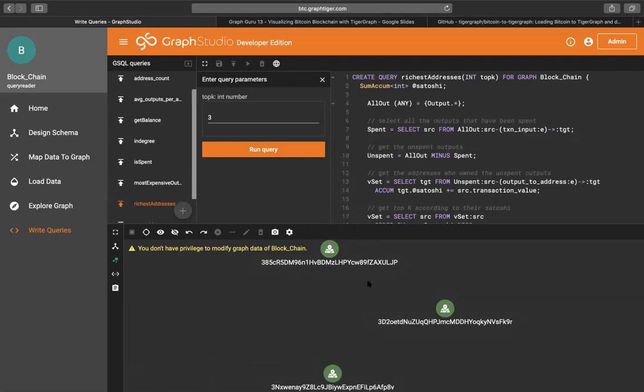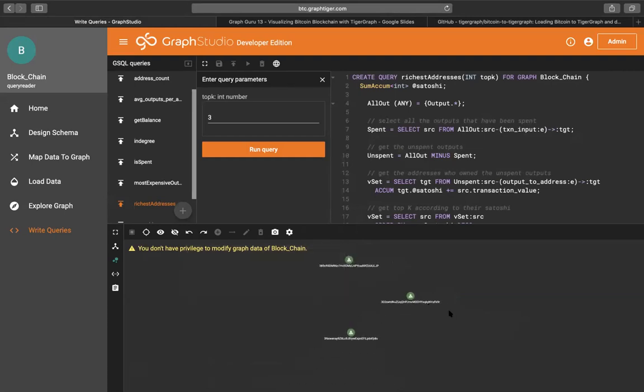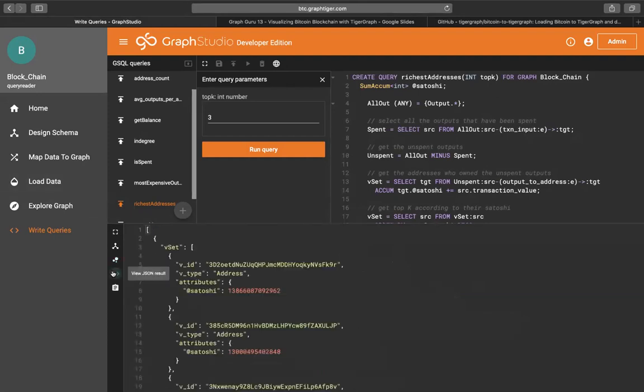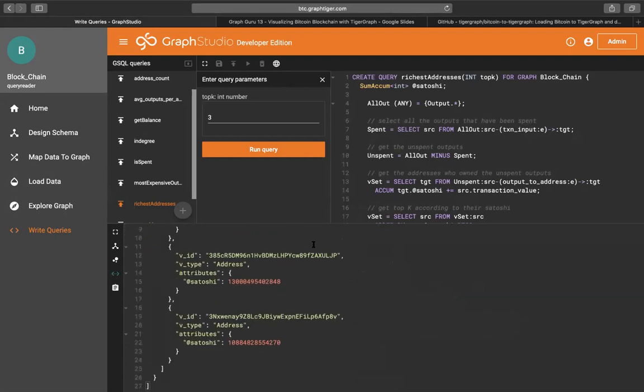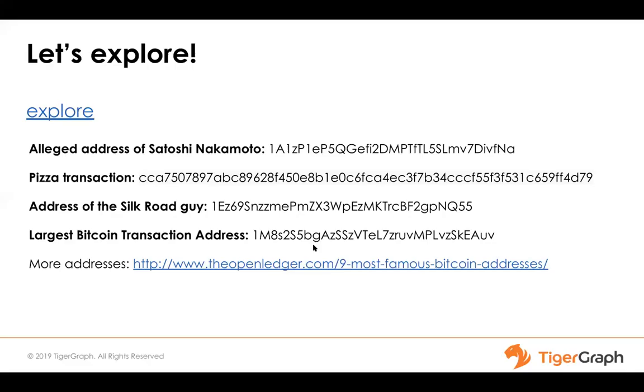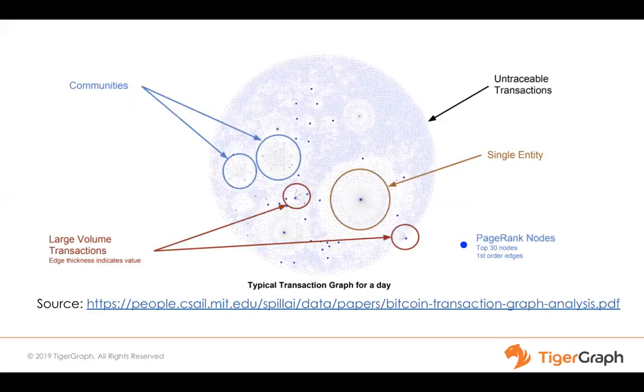So let's look at how the queries look. Okay, so you can see that the 3 richest addresses appeared. We can see them in a node view. So you can see each of them have a large number of Bitcoin. I think, in fact, this one actually ends up having like 100,000 Bitcoin. So really large amounts. You can also see this in JSON format right here, and the public address that this is connected to. So I think some really cool applications. So going back, the